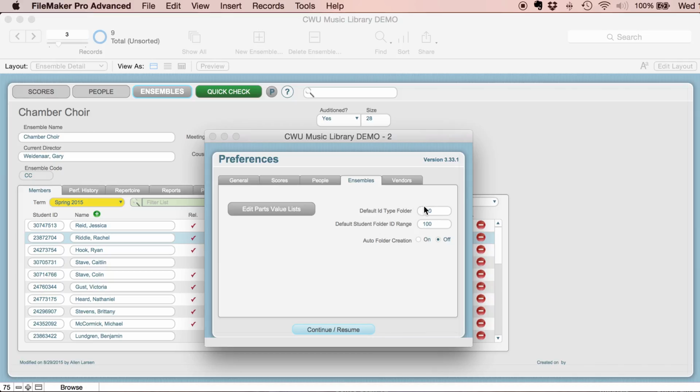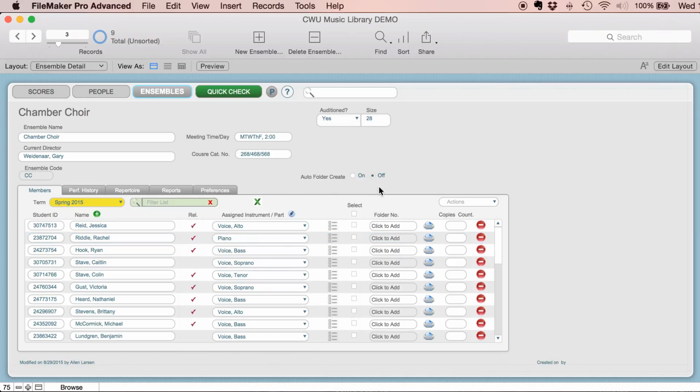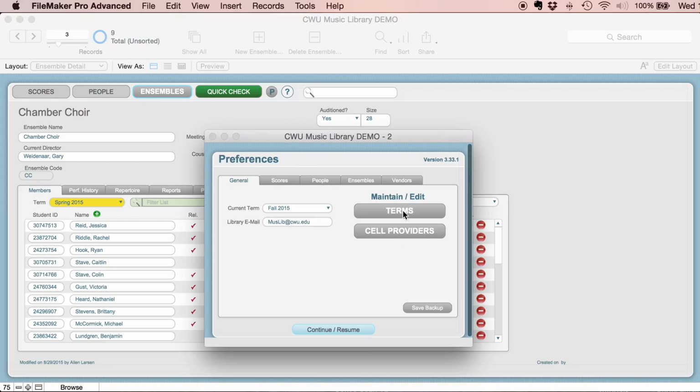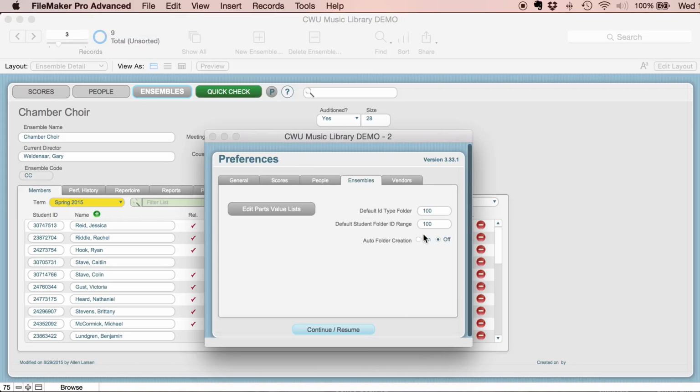I'm not even going to cover those. You don't need to worry about them. Just leave them alone. Auto folder creation. This is also available on the ensemble layout, so it's in both places. Not that it really matters, but anyway, you can just turn that on and off for creating folders automatically